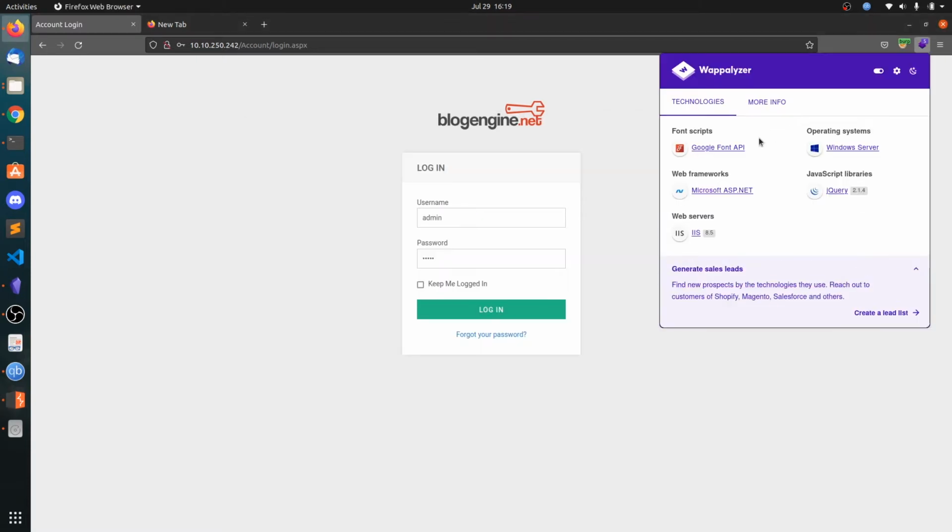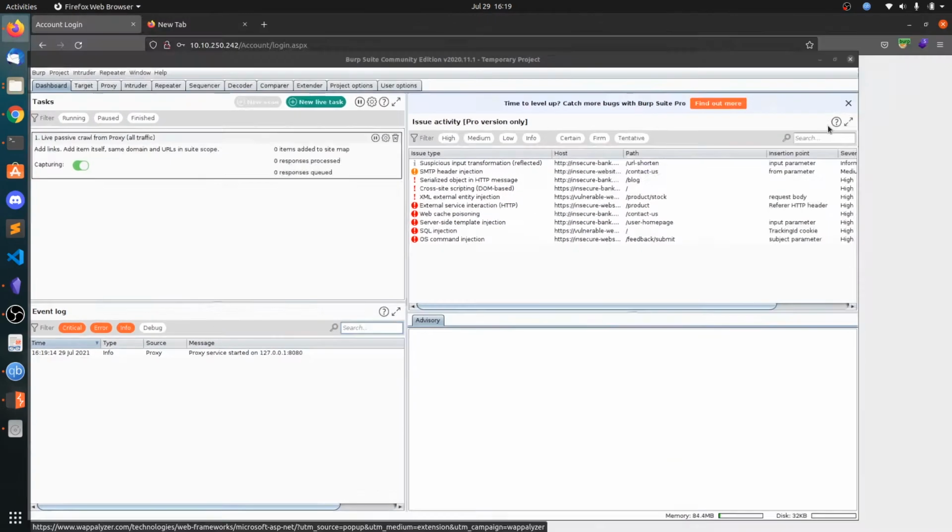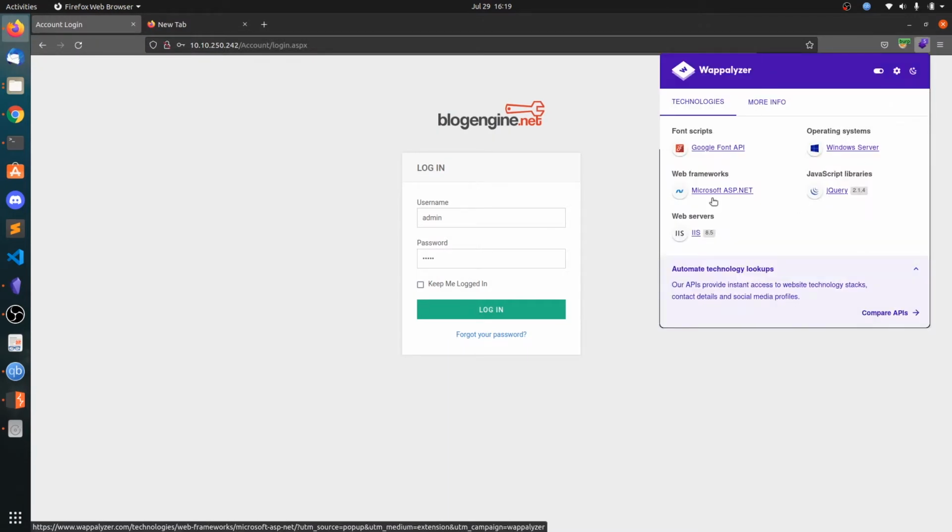So this is the Wappalyzer extension. It tells you what technologies the website is using, and it says ASP. So if you want to upload any shells, it should be related to ASP reverse shells or any web shells, and the IIS version is 8.5.